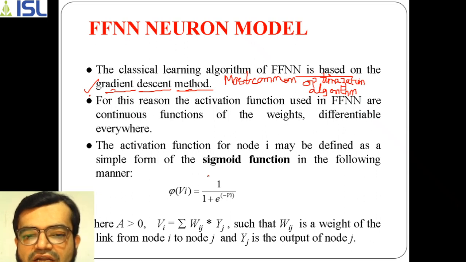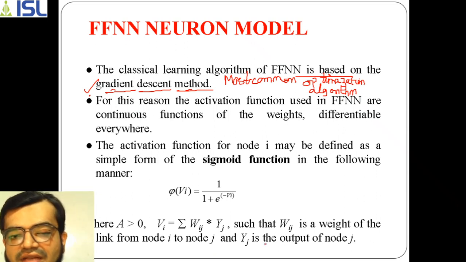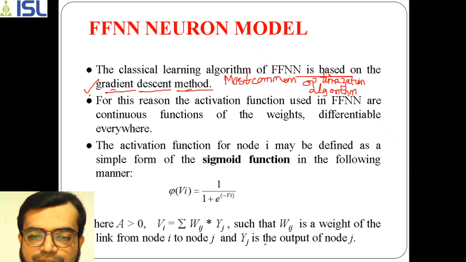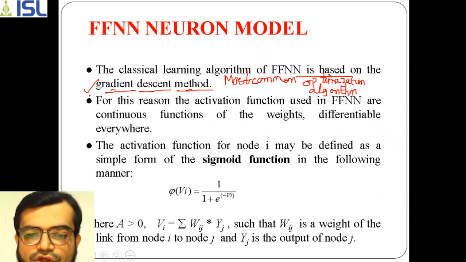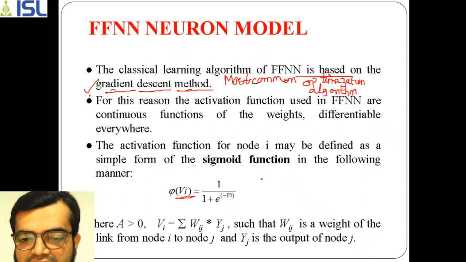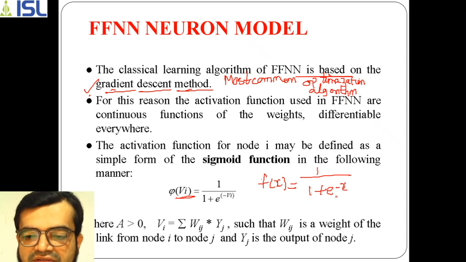In this one, there are several activation functions which we have already seen in the previous session on neural networks. You have already covered the sigmoid function. If there is an input, for example here f of x is your input, then 1 by 1 plus e to the power of minus x is your sigmoid function. Here, instead of input x, we take v. This v will be calculated in this manner.